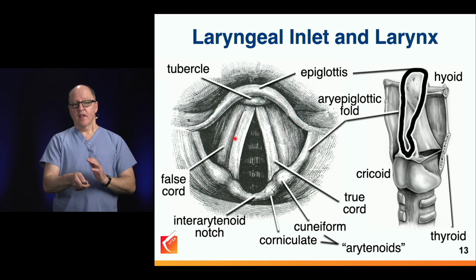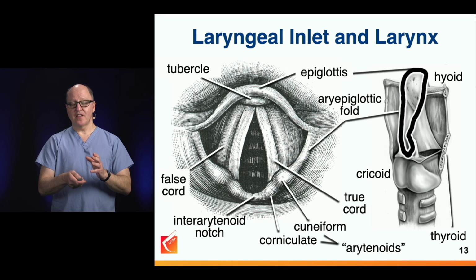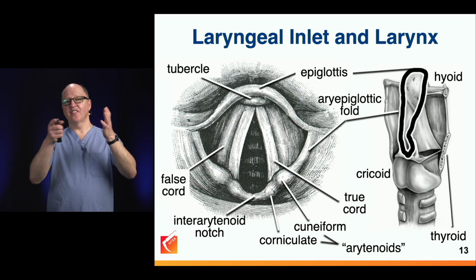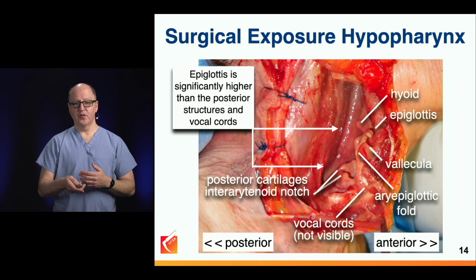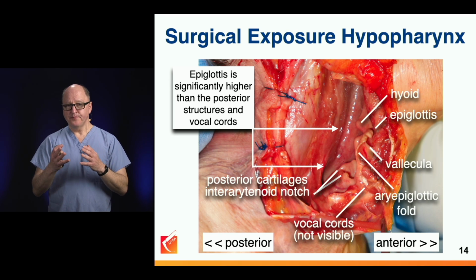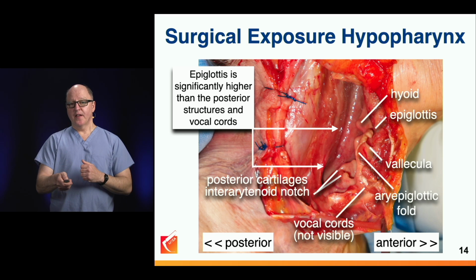the epiglottis. The false chords and the true chords I never understood until I started doing a lot of endoscopy work. But basically, this is a mucosal fold that is above and lateral to the true chords, which are the vocal ligaments. And during endoscopy, we're going to see this dynamically, which I'm going to show you in these next few slides. Here is a windowed view on a cadaver of upper airway anatomy after making an incision across the